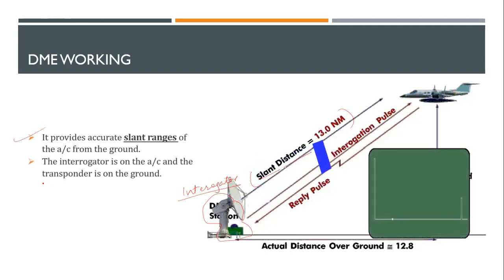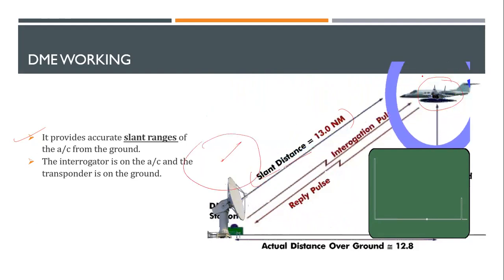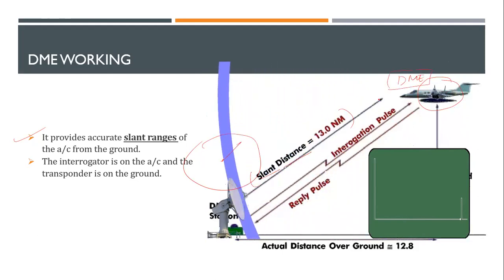All right. The interrogator is on the aircraft and the transponder is on the ground. Okay. So just, sorry, opposite. Interrogator is here. Whereas in this situation, it has been opposite. Why is that? Yeah, this is the DME. So what happens is the aircraft is the first to transmit. What happens is the aircraft switches on the instrument, and because it is the one which requires the distance, it will not be the ATC tower which will be using it mostly. DME will be used mostly by the aircraft. So sorry about that. So the aircraft is sending out the signal initially, so it will be sending out the interrogation.